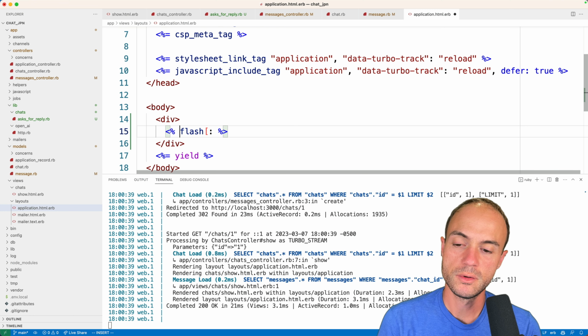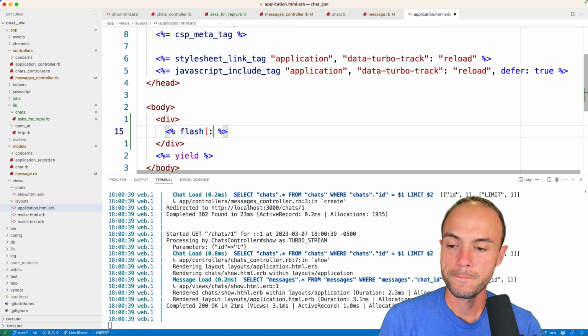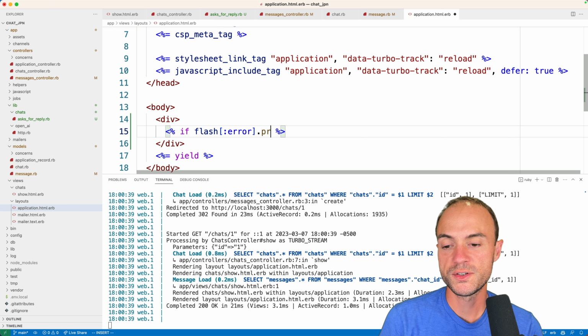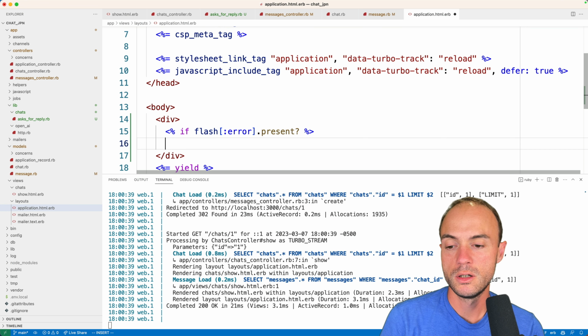I'm just going to keep it simple. I'm not going to overthink this. So I'm going to say if flash error present, if there's anything in that flash, and end. Then I'm going to say